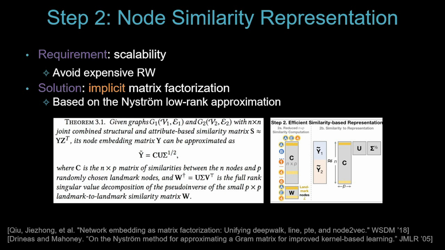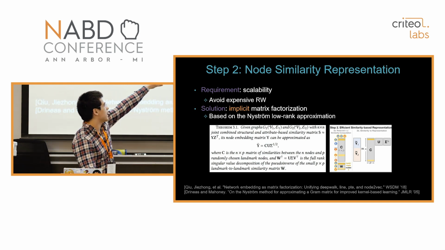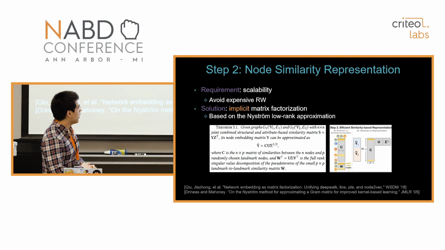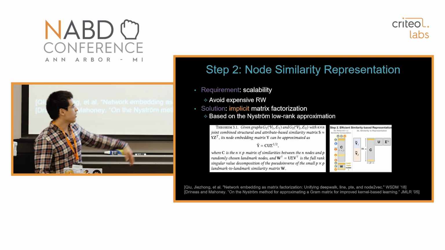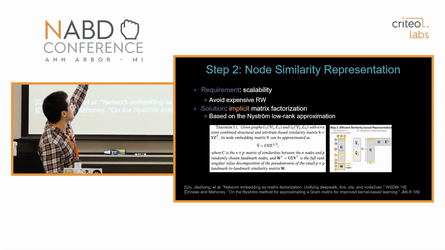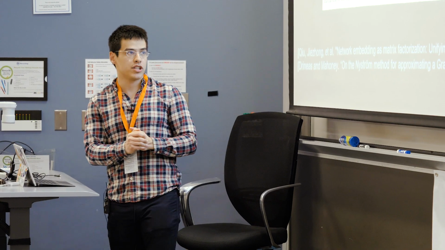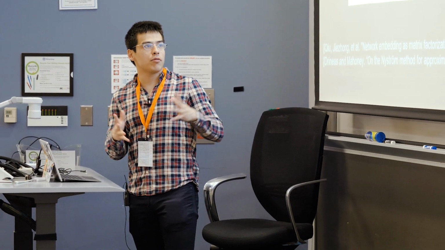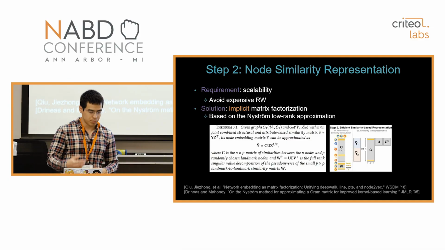And so the intuition behind it is that we are going to focus on computing only a few landmark nodes. We try to illustrate this with just picking out some nodes, which we illustrate by yellow strips, and compute all the similarities of these nodes to the landmark nodes. We also have a landmark-to-landmark similarity matrix, and this is leveraging some other techniques for low rank matrix approximation that have been used for other areas of machine learning. So really, I think what you should remember is essentially that the node embeddings are essentially expressed